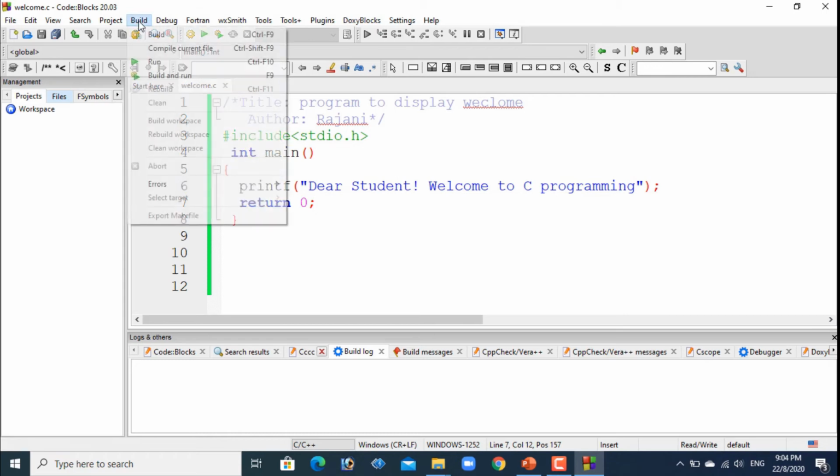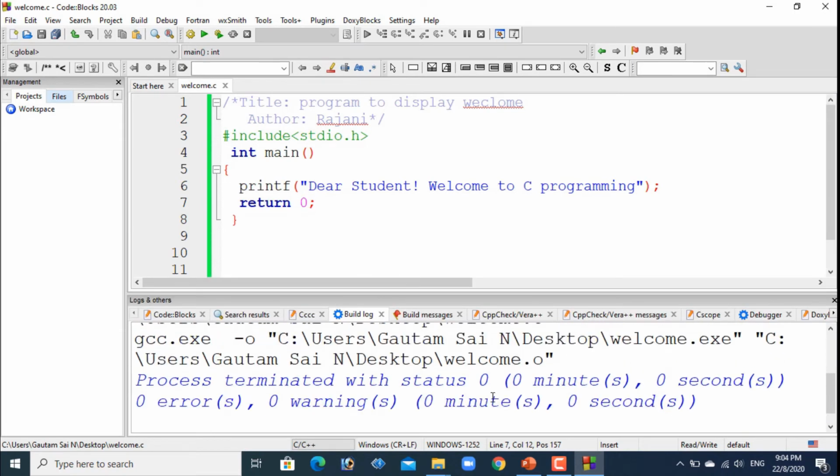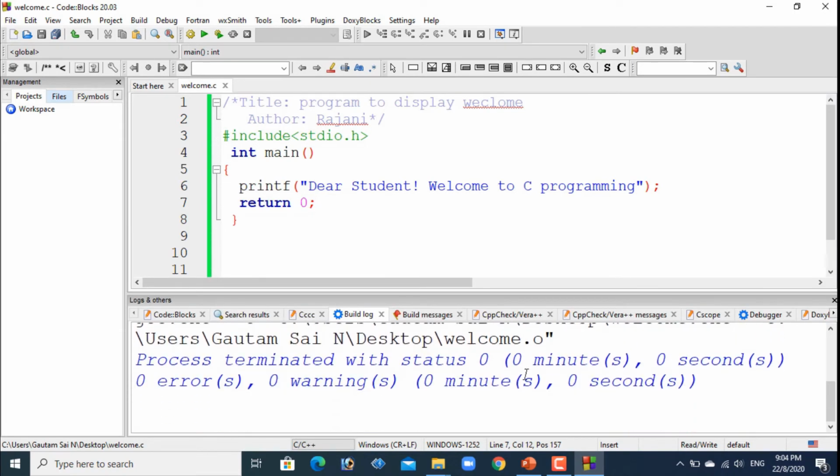Now click on build here and we need to click on compile current file. This is the console. We have seen in the previous video, to write the program, we open Notepad and to compile the program, we open command prompt. It means we switched from one place to another place. But using IDE, all are integrated, means at one place. No need to go to any other command prompt.